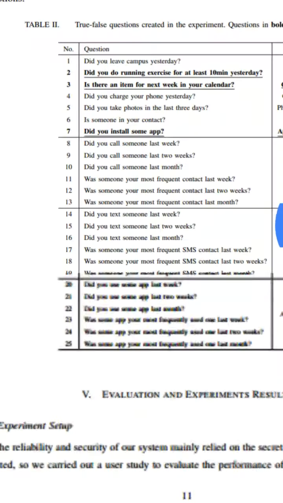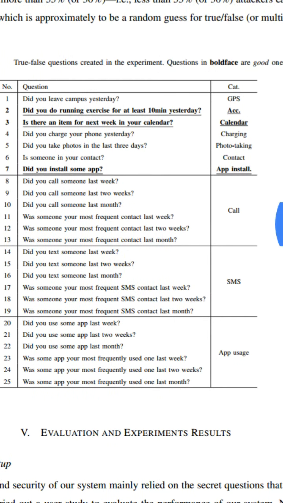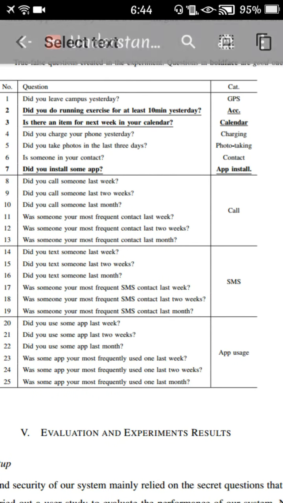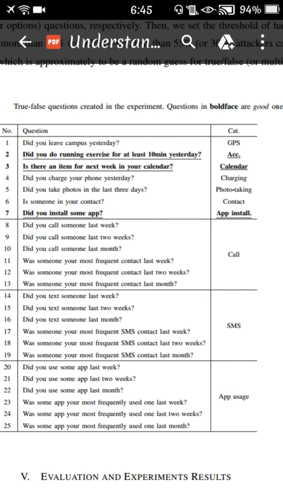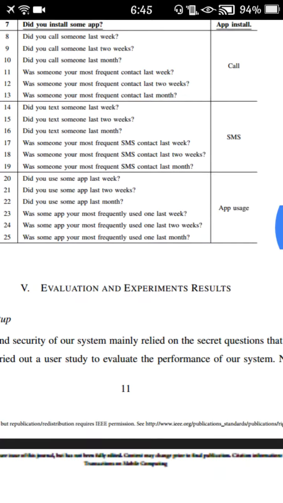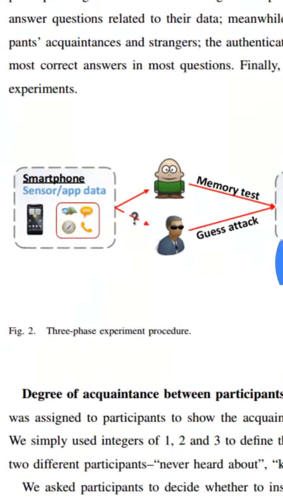These are some set of common questions that are used. See the 7th question: did you install some app? This information was taken from our mobile application status, that is, an implicit intent from the mobile application to our mobile, taking the data from the app management details and storing it in our common local database in order to provide security for a banking application. Let me tell it more clearly.